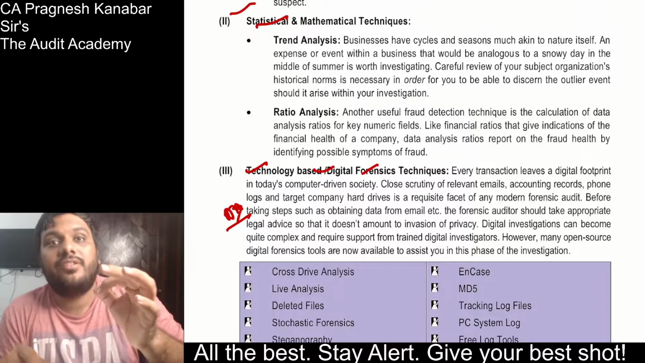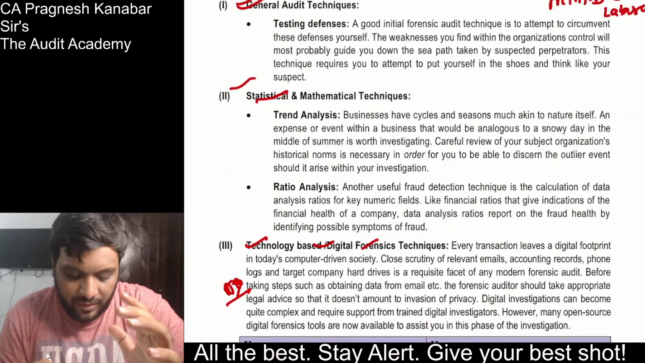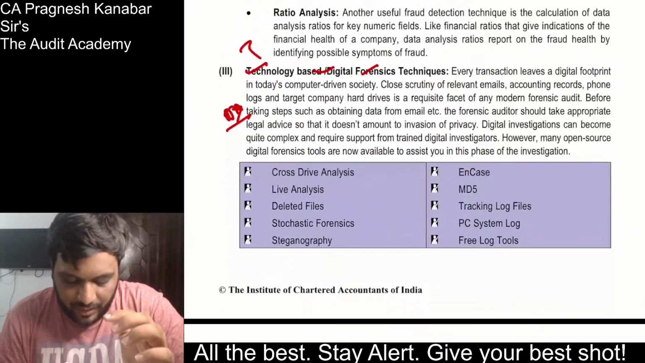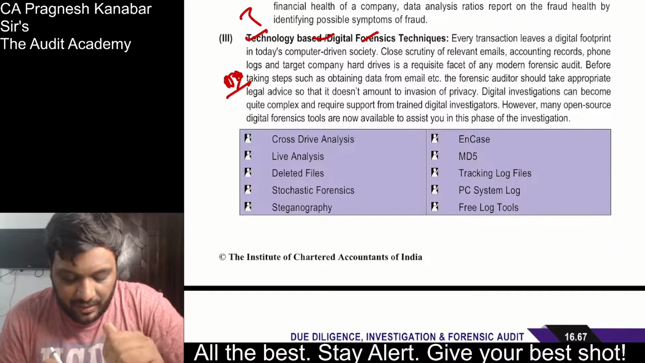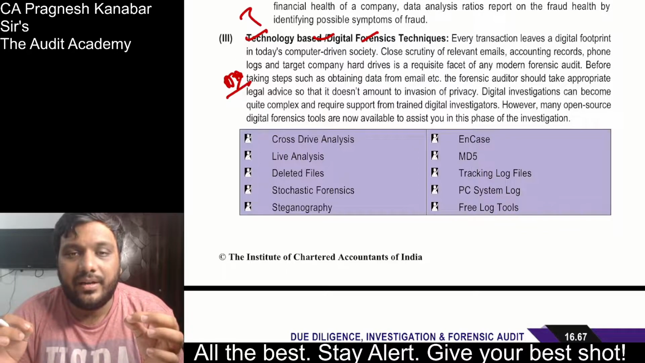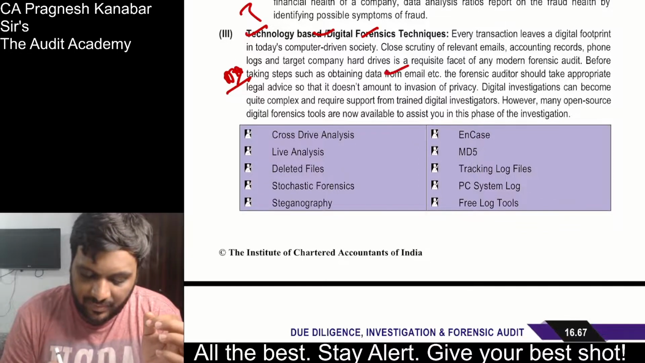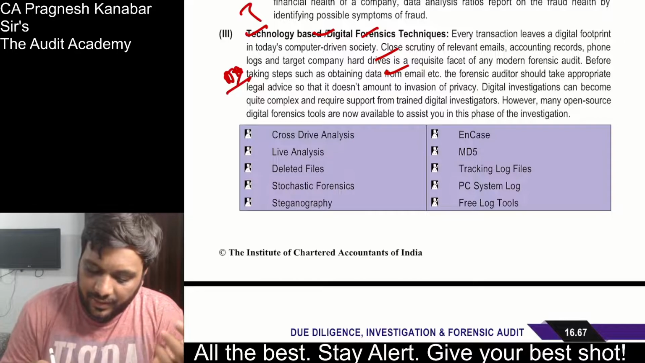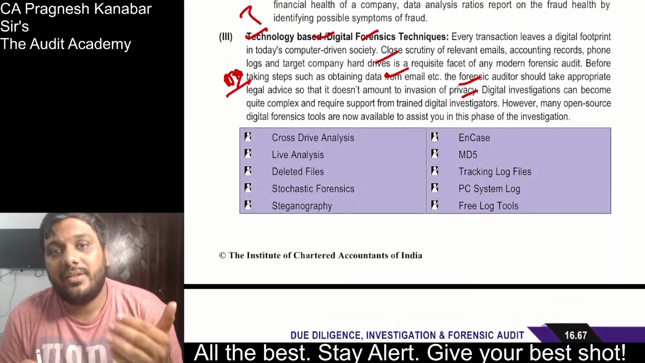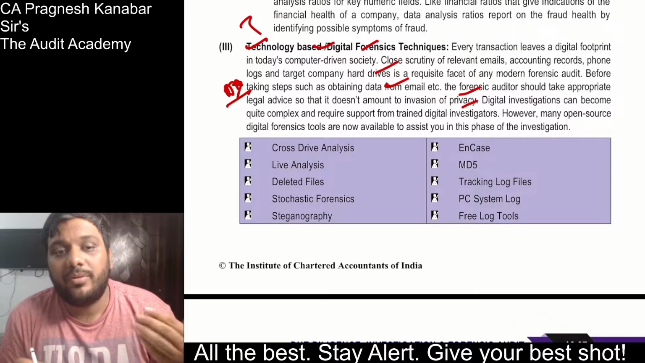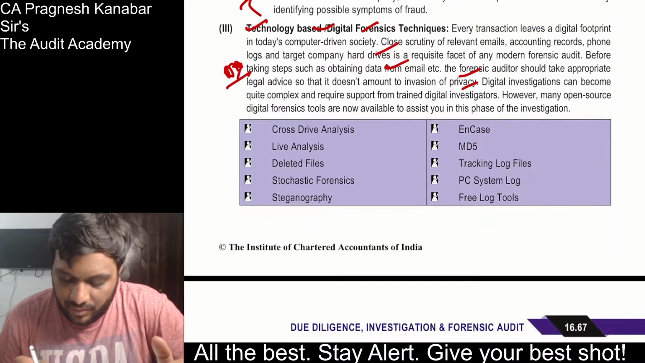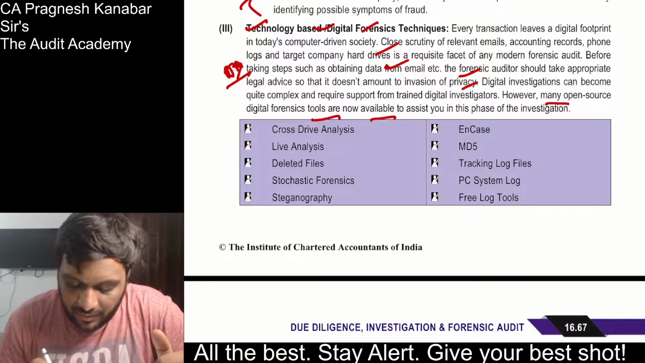Then T is for technology based digital forensic techniques. Here you need to go slow. So basically GST, all right, that is how I've come to this code. So technology based digital forensic techniques: every transaction leaves a digital footprint from start to end. Things can be investigated, such as email and hard drives. But obviously digital techniques can be used only after taking appropriate permissions, because it should not violate the right to privacy, correct? All right, so many open source digital forensic tools are now available to assist you in this phase